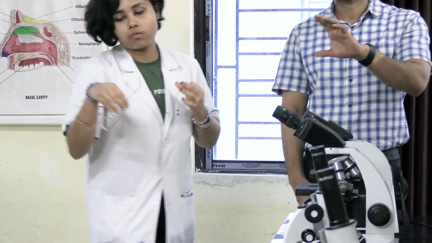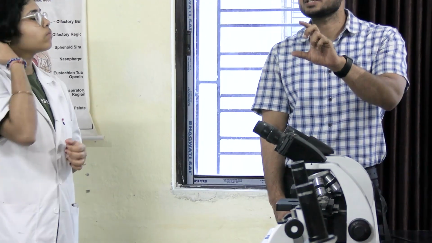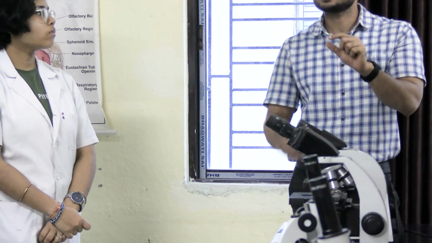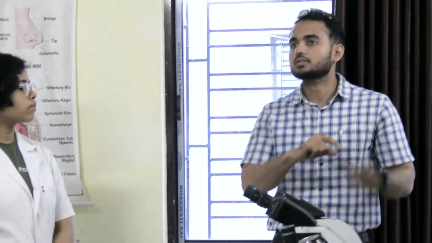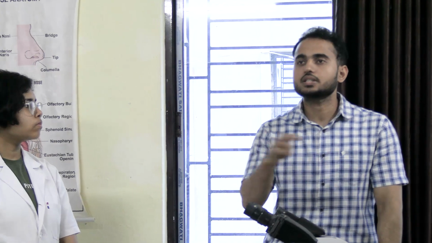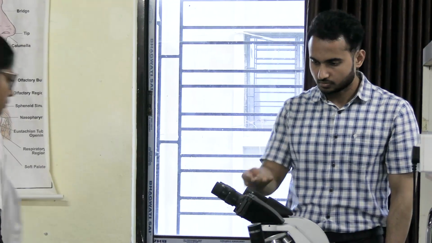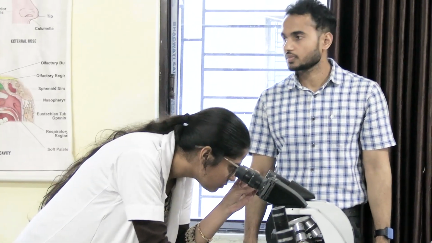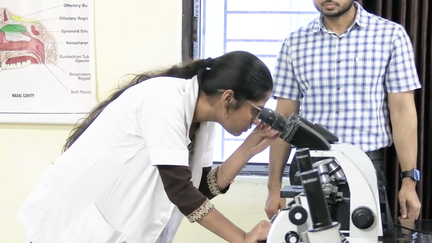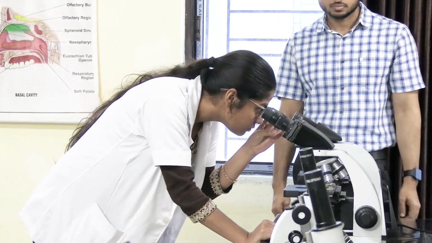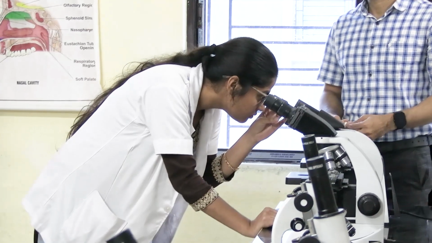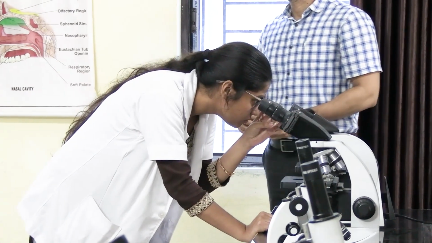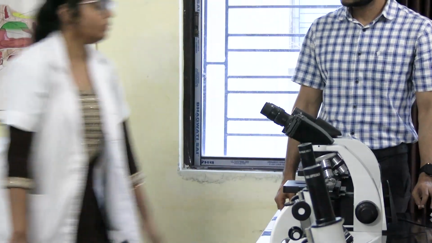In elastic cartilage and hyaline cartilage, the difference is, first focus on the lacuna. You will see it is larger as compared to the hyaline cartilage. Okay, and then you can see the branching pattern of the elastic fibers. From there, you have to differentiate. Okay, next. Okay, next is